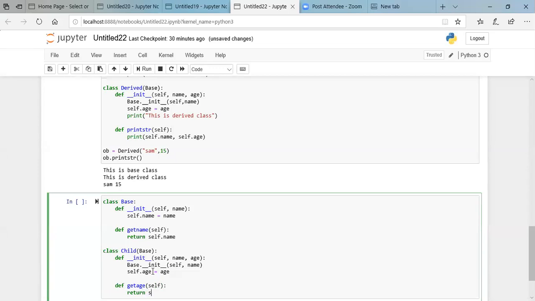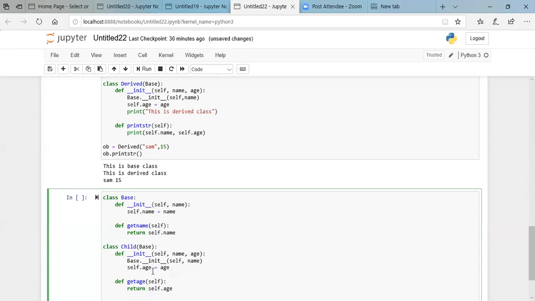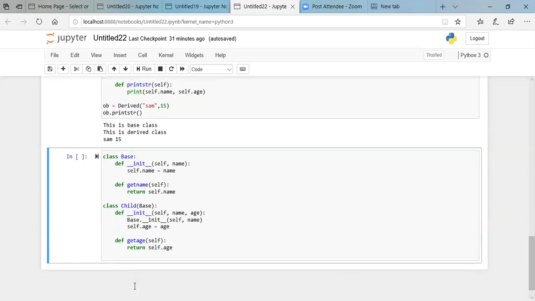I would say self dot age. So you can see here, till now it is your single level inheritance because you have single parent class, single child class. But in this example, we are going to demonstrate multi-level.